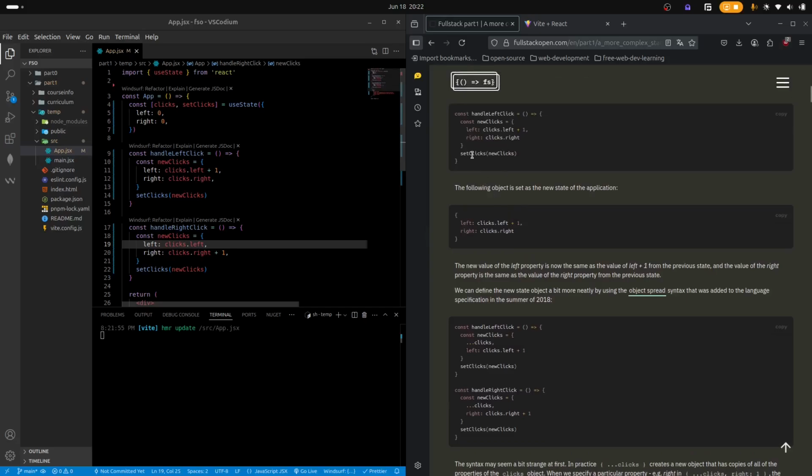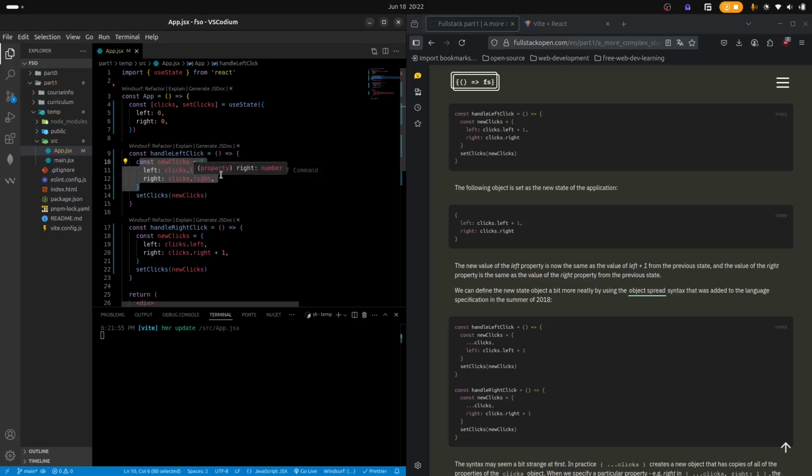So it's essentially just saying that this is the new state and it's the old state, except that for left, you add 1 to it, clicks.left, the value of this property on the state object. We can define the new state object a bit more neatly by using the object spread syntax